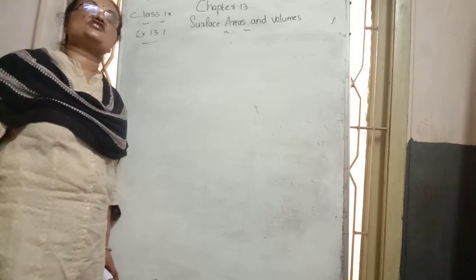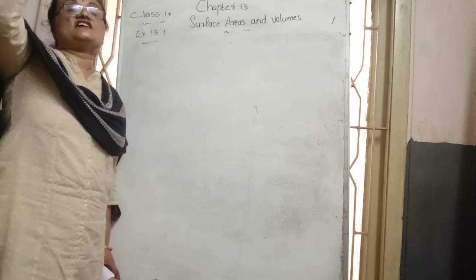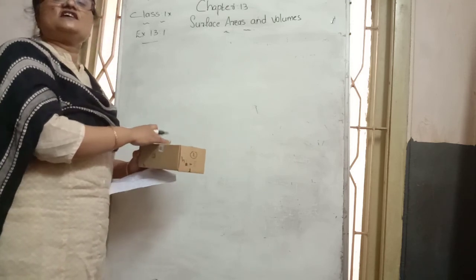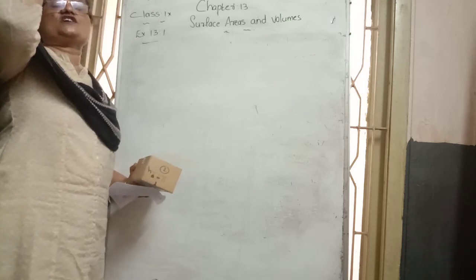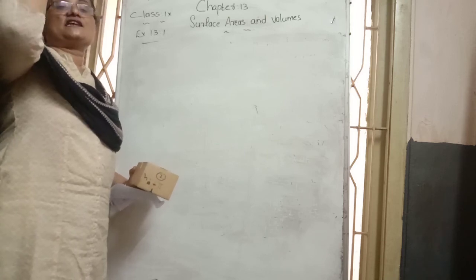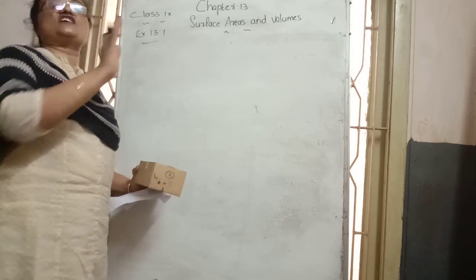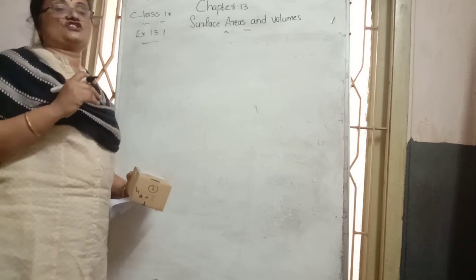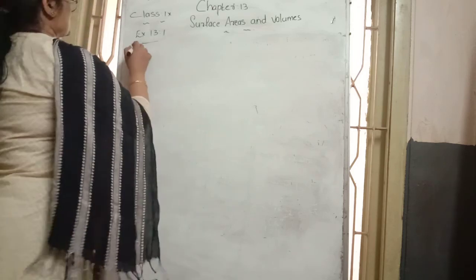The 4 walls together equal the lateral surface area of a cuboid, and the ceiling is the top part. The top of this cuboid is in which shape? A rectangle shape. That's why we find the area of that ceiling. The area of the ceiling is length into breadth, the formula for a rectangle. When we add the ceiling part also, we get the total area we want to whitewash. Then afterwards the cost is also asked. The second question is the same as this.